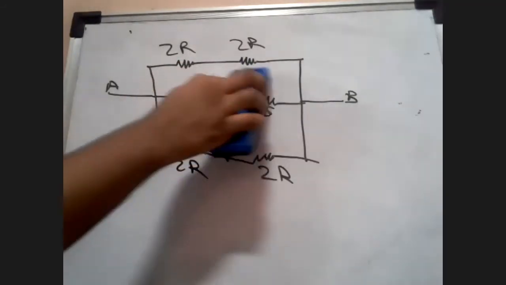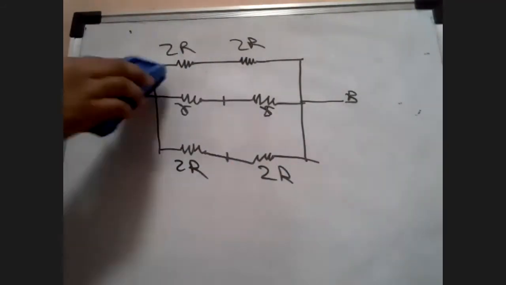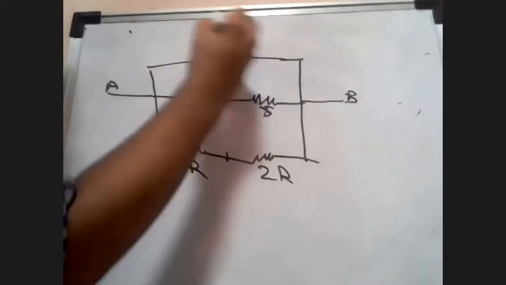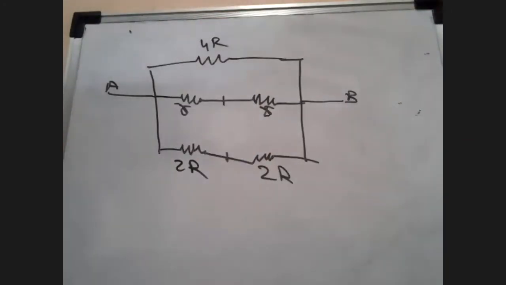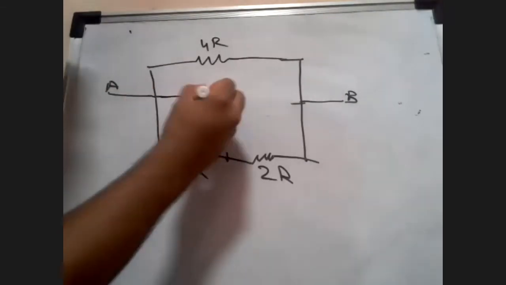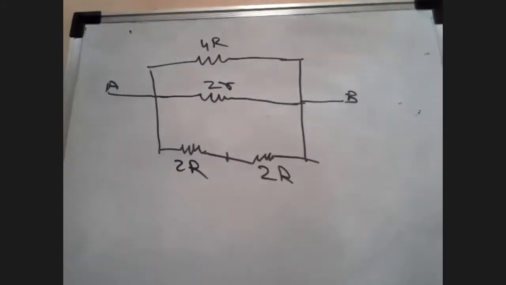So in this case, what will we do? We can see the top resistors will be how much? What is the equivalent resistance on top? The equivalent resistance is capital R into small r upon capital R plus small r. I have got an answer over here, which is 2 into capital R into small r upon capital R plus small r. Yes, that is the answer. Okay, great. What is the equivalent resistor over here? It is small r, 2R. And over here it is again 4R.